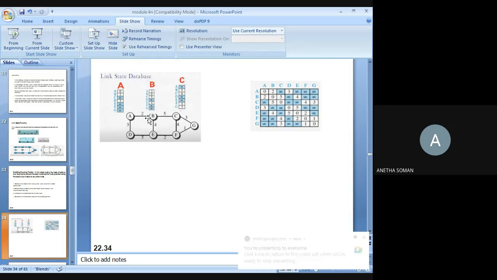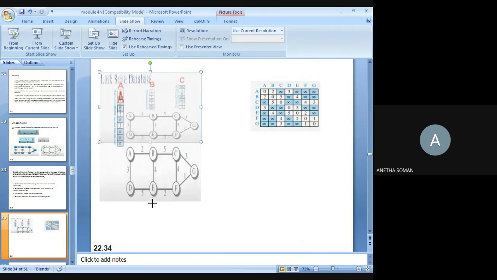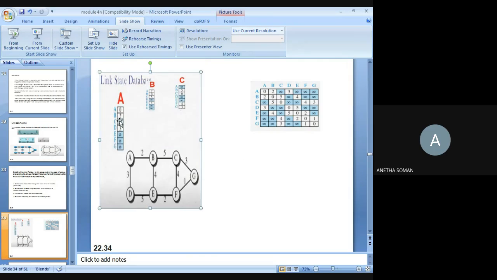So the cost to node B is 2 and the cost to node D is 3. The immediate neighbors of A are B and D, and I have written the cost of these. And I don't have a direct path to all other nodes, so I put it as infinity.